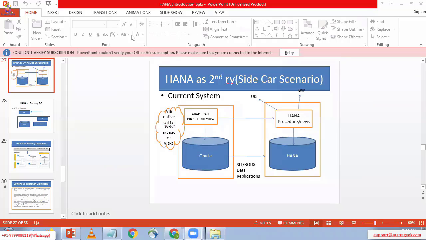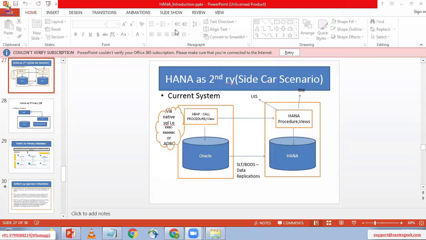Why do we need to learn how to create the stored procedure? We are not the responsible persons for creating the stored procedures, but we are responsible for solving the errors. If there is any technical issue inside the stored procedure, we are responsible, because the stored procedure is completely implemented using views, and those views were created by the ABAP on HANA consultant. So 100% we need to learn how to create the stored procedure.